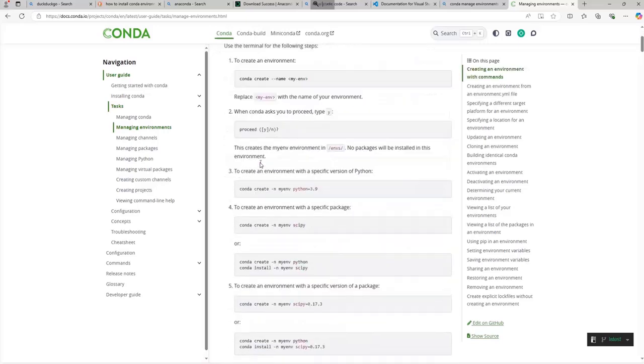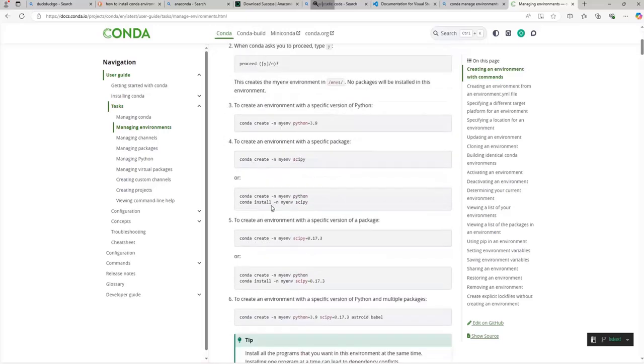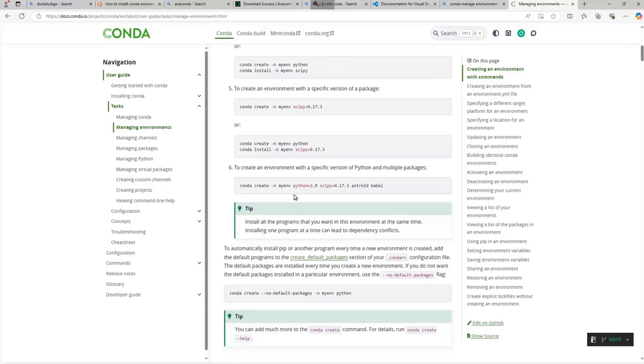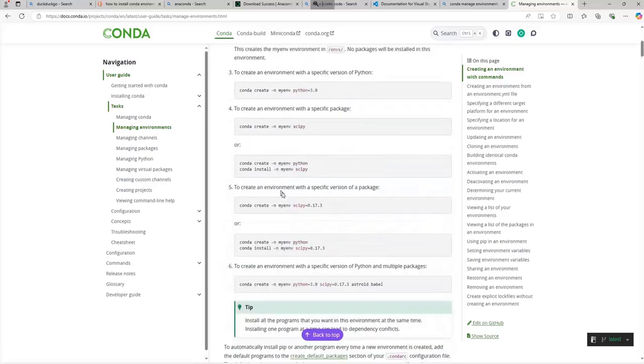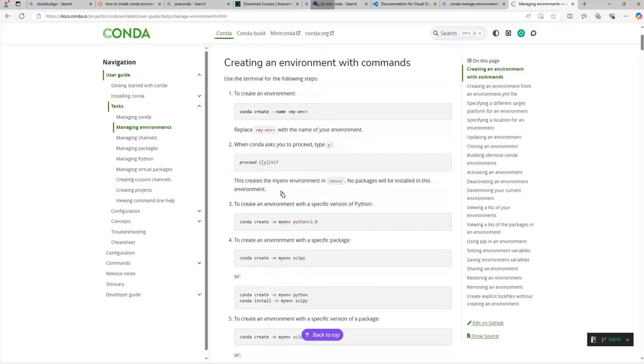There are multiple cases of creating environments, and multiple command lines that will tell you how to create one. Each of these has some specific application. The main standard one is conda create --name, and then you will have the name of